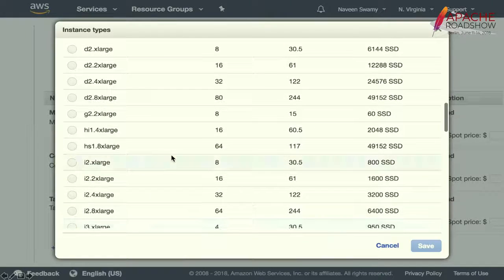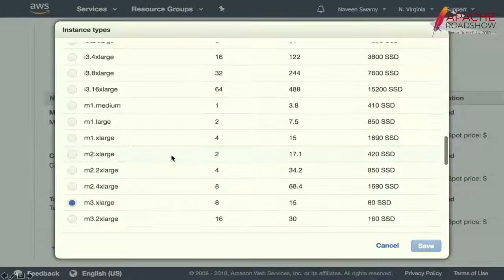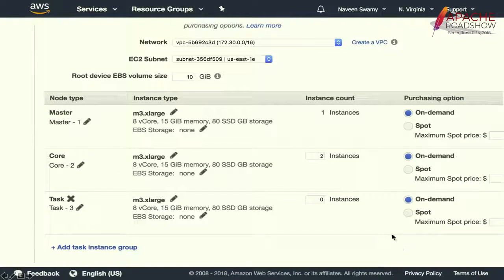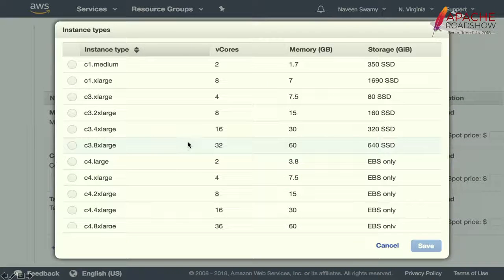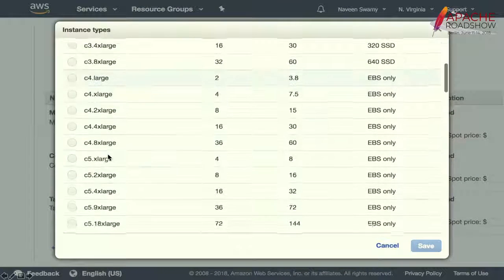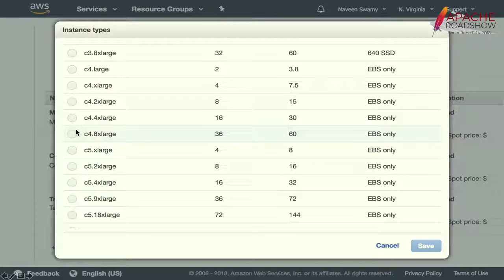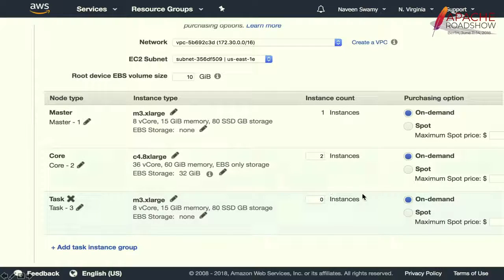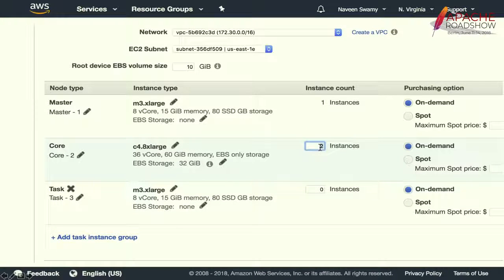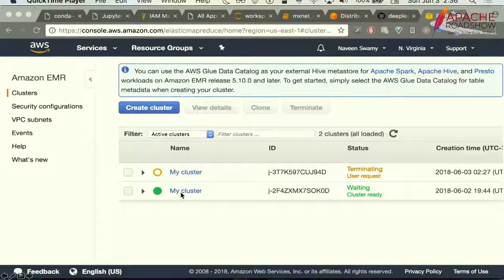But here I'll just use an M3 XL, which is enough for the data set that I have. And for core, I will use C4 8x large, 4 such nodes. So yeah, and then you click a button and you'll just be able to create a cluster.